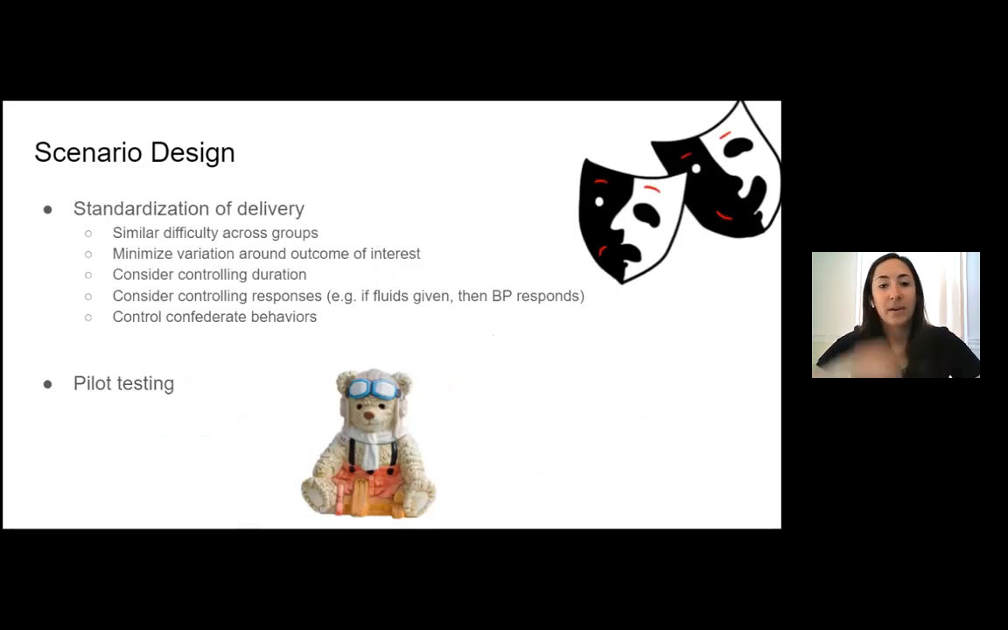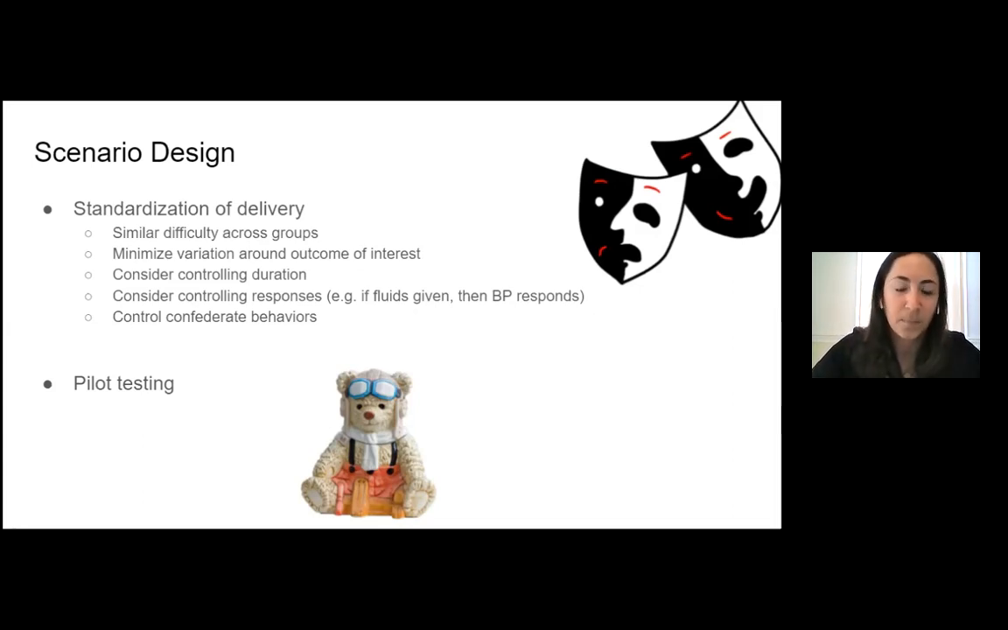Then we think about our scenario design. And so again, thinking about how you're going to standardize your delivery. So when you think about different groups, are they made up of the same kind of people? Is it the same level of learner? Again, minimizing the variation around the outcome of interest specifically. They may choose to do different things at different points in your scenario. And does that matter? Is that going to affect specifically what you are looking for as the outcome of interest